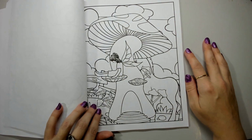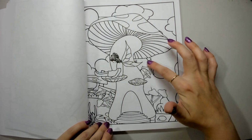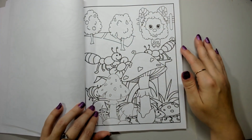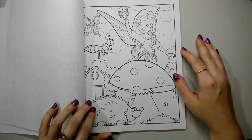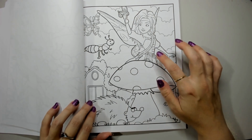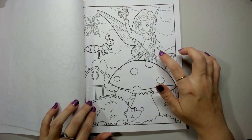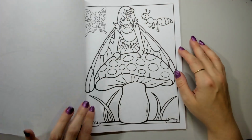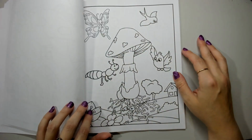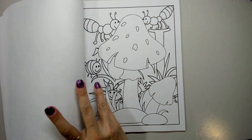I don't know. Why are you covering the horse's face here? Why? If you want a proper flip through of this disaster of a colouring book, see, that is very clearly Disney. That's the Tinkerbell and Friends, I think. If you want a flip through of this disaster of a colouring book just to see this chaos, let me know, but